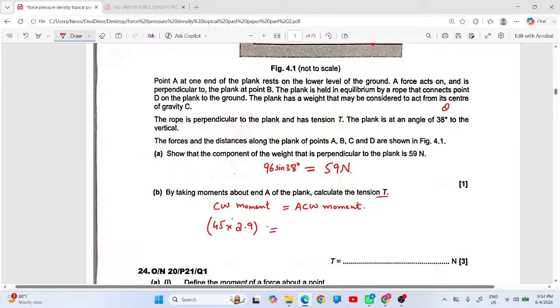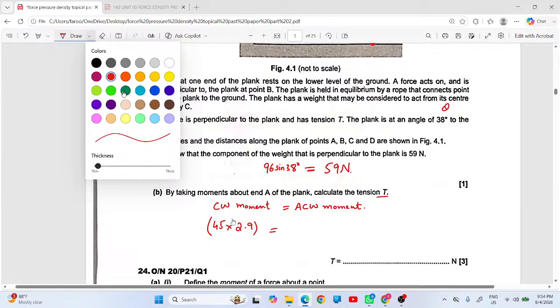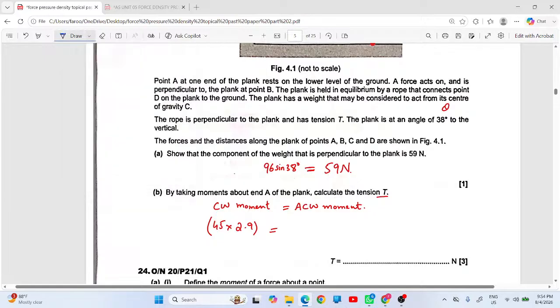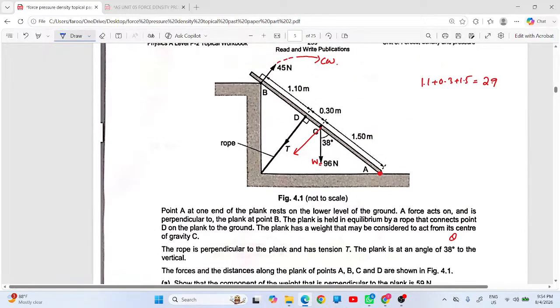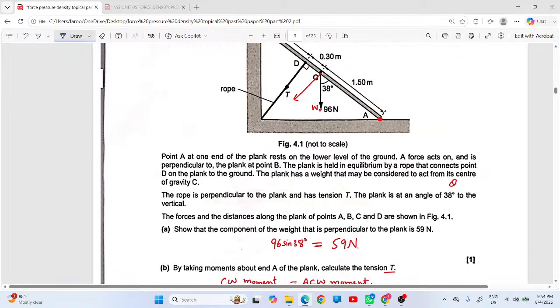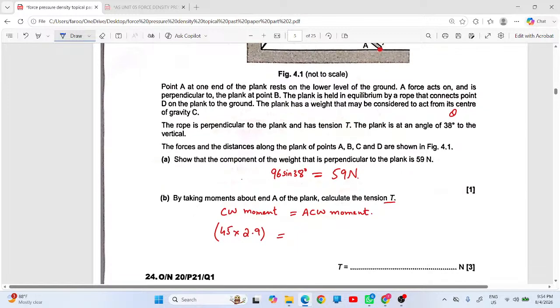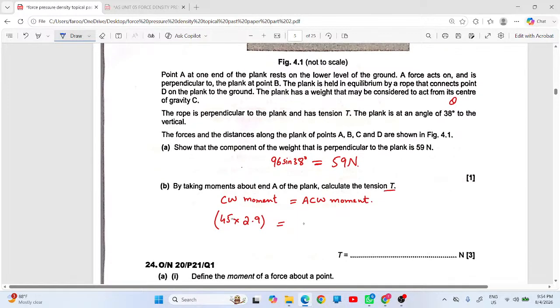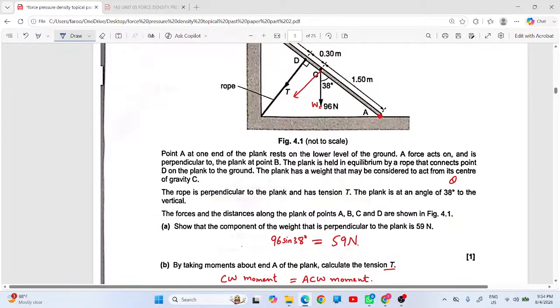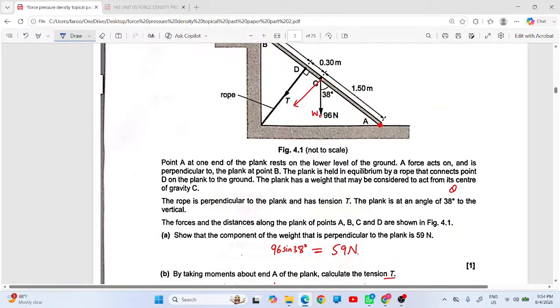Now move to the anti-clockwise moment. Anti-clockwise moment is due to what? हाँ, tension and due to the weight. तो बच्चे हम यहाँ पे लिखेंगे anti-clockwise moment is 59. We have to take the perpendicular component of the weight 59 and its distance from the pivot